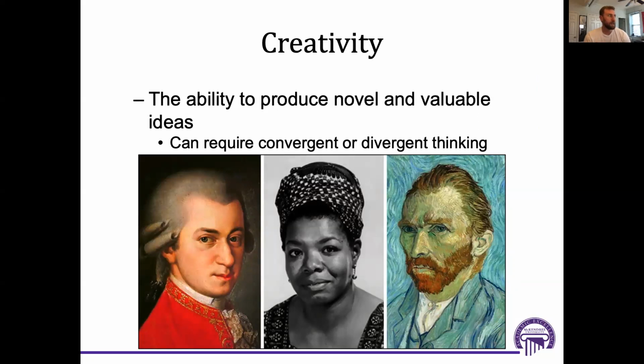When it comes to creativity, it can be convergent or divergent. And so convergent means that there is a singular solution. Divergent means that there are multiple solutions to a problem, okay? But nevertheless, creativity involves, again, novelty. It involves thinking in sometimes unusual ways. And it must have some sort of utility.